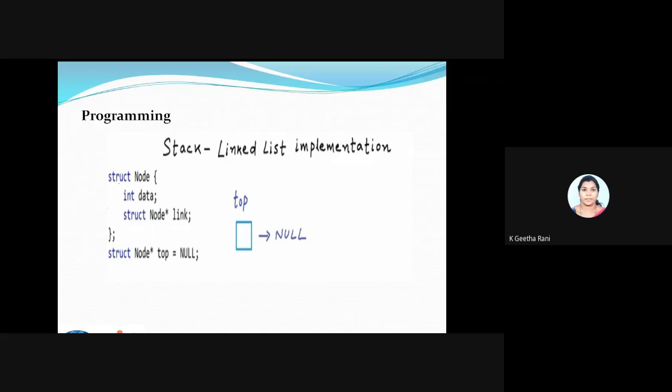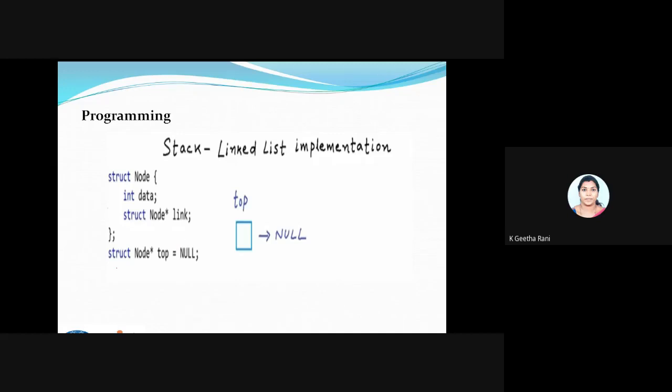My node is going to be of a type called a struct. Since I'm having two divisions in my node, one will be the data, so I'm handling an integer. It is integer data, and another one is going to be a link. The link is going to be a type called a pointer, so I gave it as node star. So this particular term will be for creating a node. I'm giving a type of it. My node will be of this type actually.